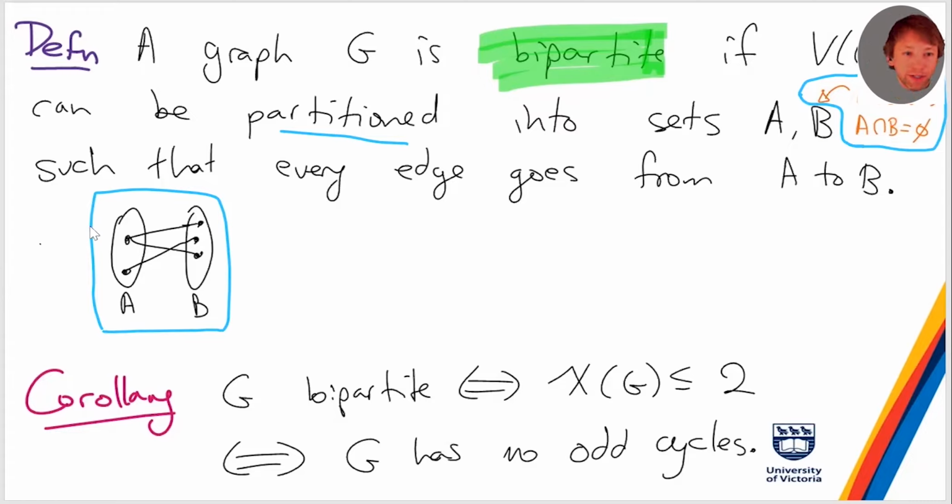So a bipartite graph looks like this. It's A and B, and every edge goes from A to B. So there's no edges